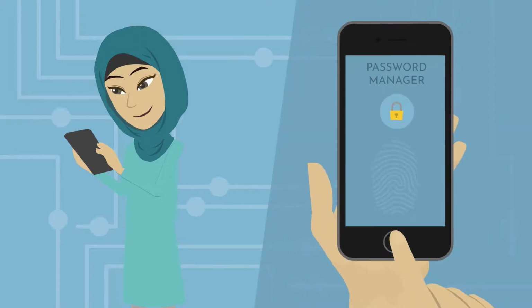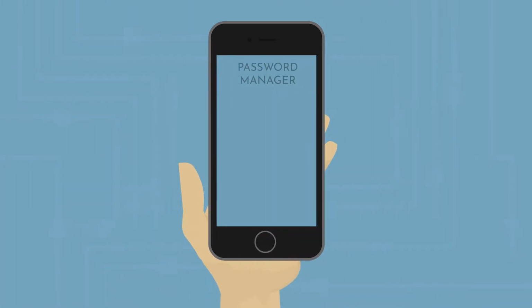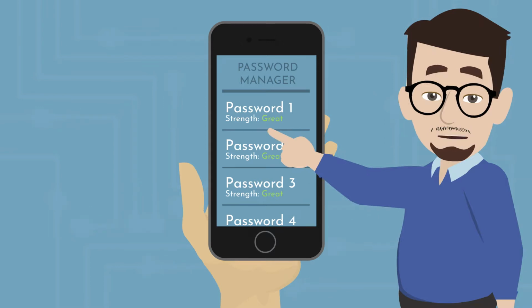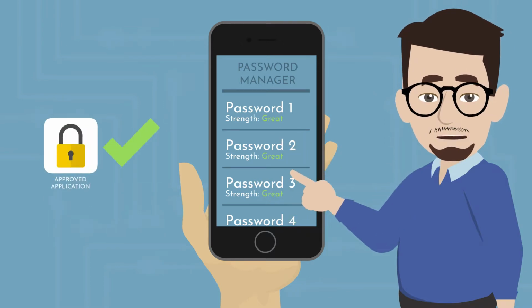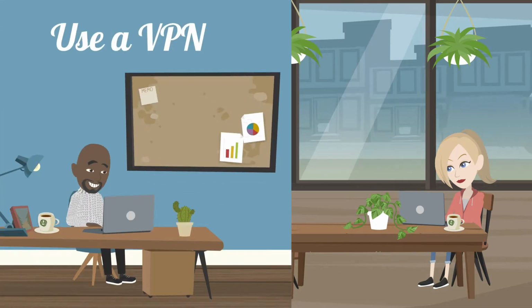It's best practice to use a password manager, which makes it easy to create and update strong, individual passwords for all of your accounts. Just remember that the password manager software you use should be approved by your company ahead of time. Lastly, whether you're connecting to the internet through a private home network or a public shared network, VPNs